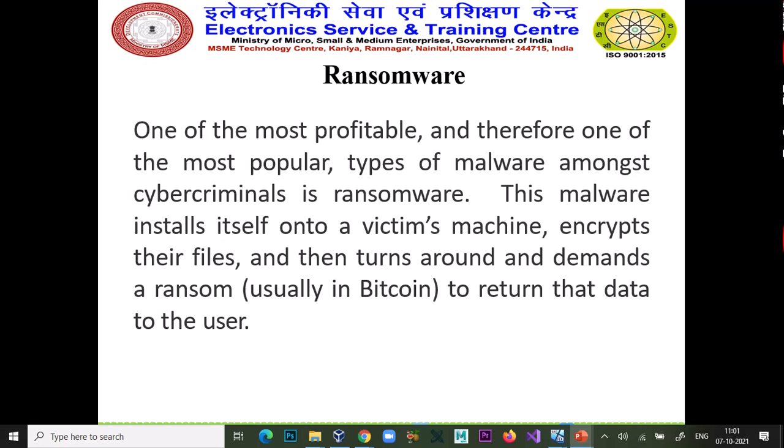A hacker takes a huge amount to decrypt the user's data after encryption in a ransomware attack. So this malware installs itself onto the victim machine, encrypts their files, and then turns around and demands a ransom, usually in Bitcoin, to return that data to the user.